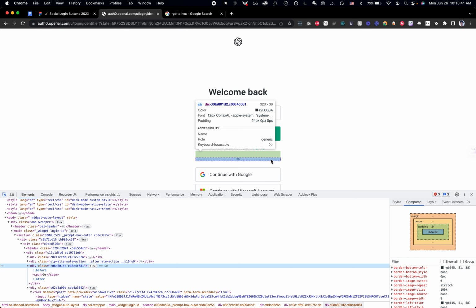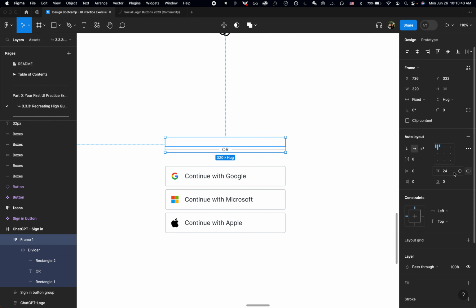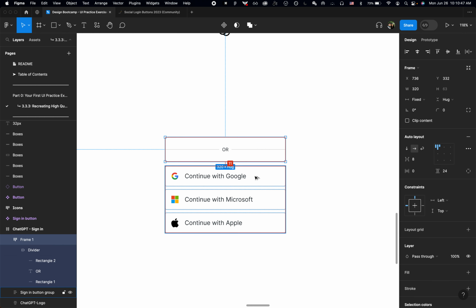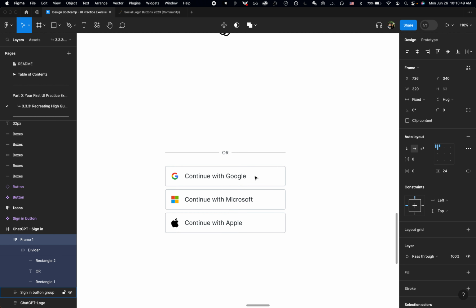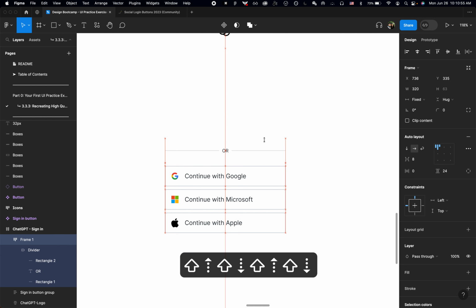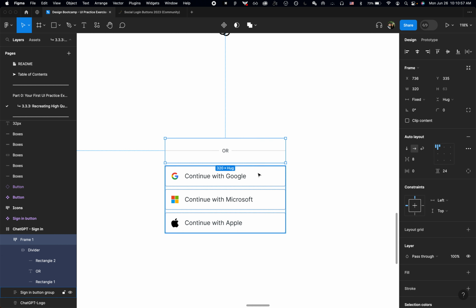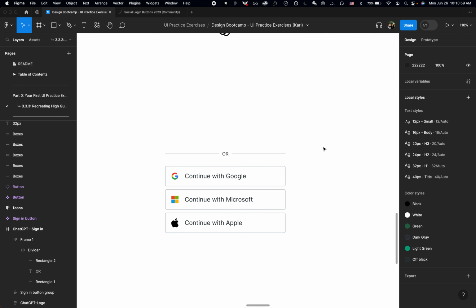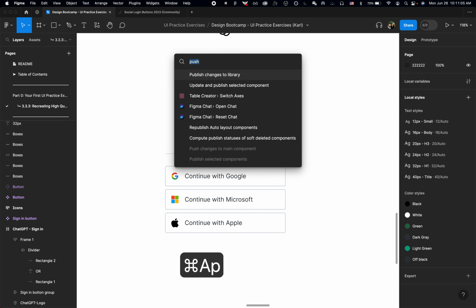So I'm going to assume it's both 24 pixels on top and 24 pixels on the bottom here. And then we'll push these guys 3. So you can actually push layers around using shift up and down a specific amount. Right now I'm pushing it by 8 pixels at a time, and you can set that by searching for pixel